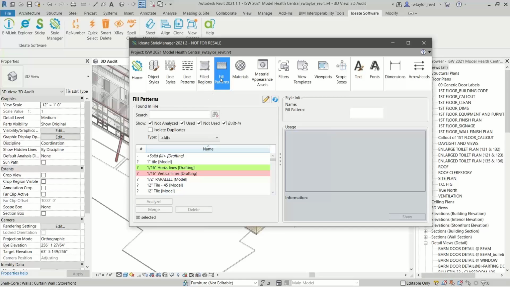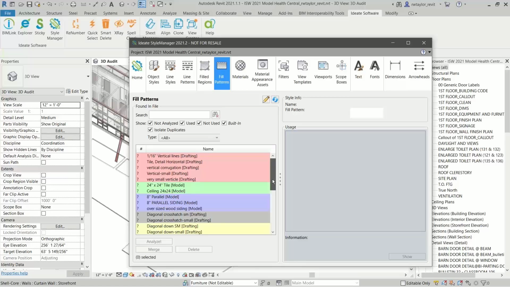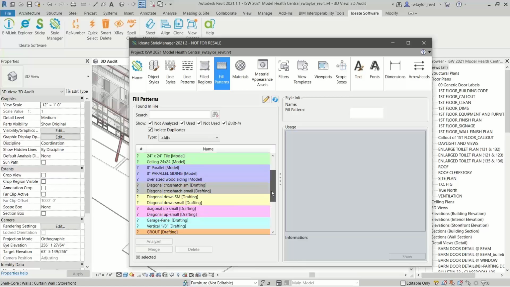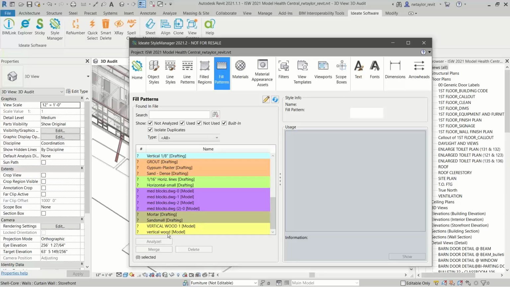I'm just going to show you as an example, like fill patterns, right? In this case, I've got some fill patterns. I want to review where they're being used. But first, I want to see, are there duplicates? So what it does right away, based on the information about that particular fill pattern, is color code all of the duplicates. So I've got this vertical wood and this vertical wood 1